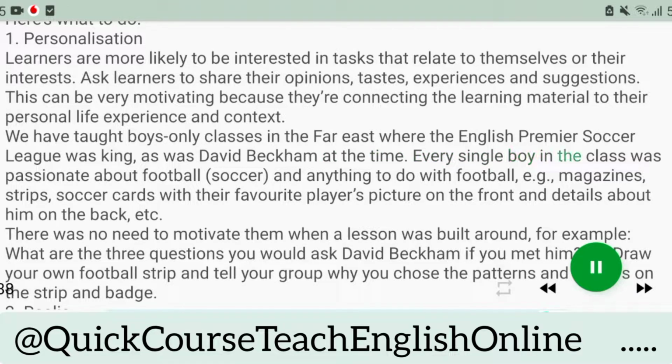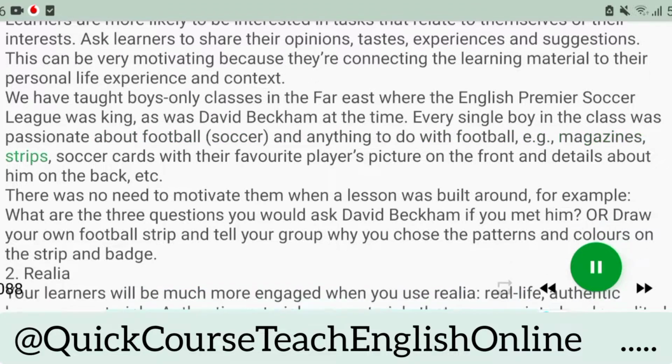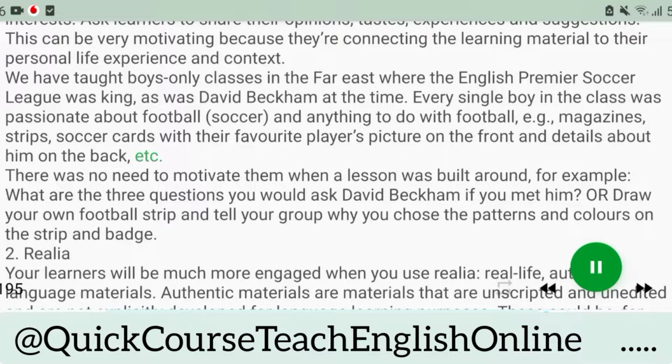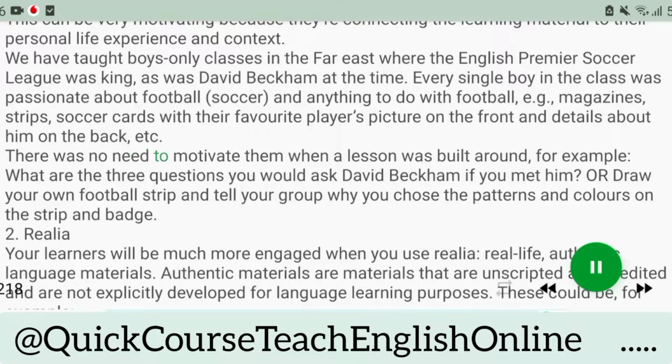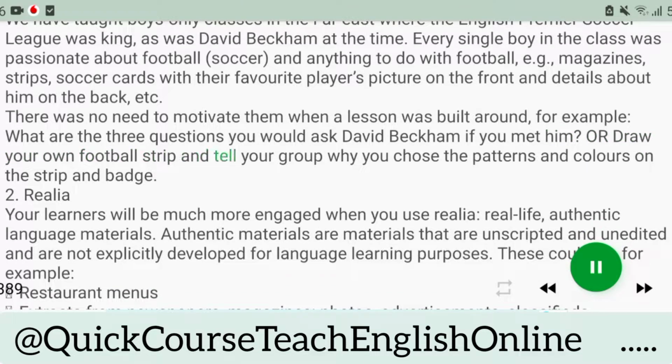Every single boy in the class was passionate about football, soccer, and anything to do with football, e.g., magazines, strips, soccer cards with their favorite player's picture on the front and details about him on the back, etc. There was no need to motivate them when a lesson was built around, for example, what are the 3 questions you would ask David Beckham if you met him? Or draw your own football strip and tell your group why you chose the patterns and colors on the strip